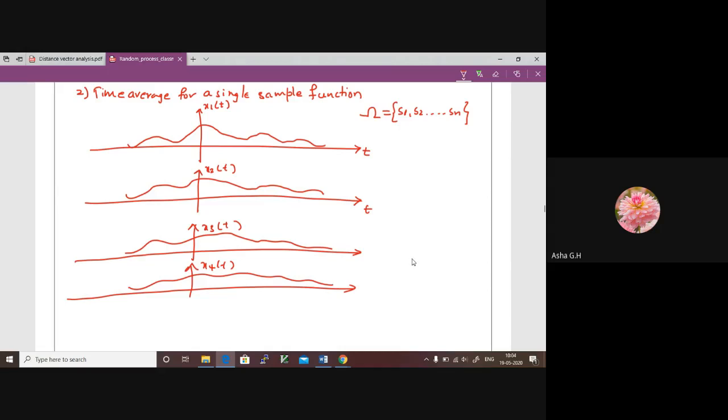So when we discussed our ensemble mean, what we did, if you remember, to find out the mean, of course, we made use of the equation for expectation. If I am interested in finding out the mean or some statistical parameters between t1 and t2, for all these random processes x1 of t, x2 of t, x3 of t and x4 of t, after we find the mean, we get the mean of the random process x of t, which is a combination of x1 of t, x2 of t and so on. Now what we did is we considered all these random processes to find out the mean. This is called the ensemble mean.